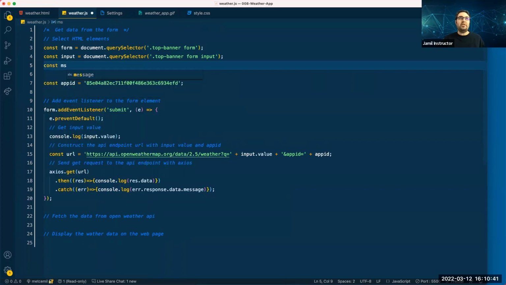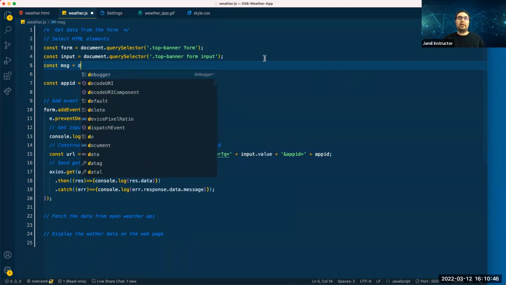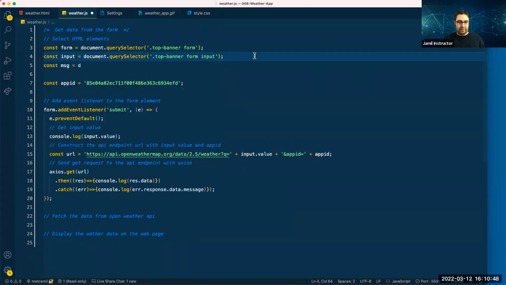Const message equals document.querySelector. Let's just select this all. Let's copy everything from here. Okay, document